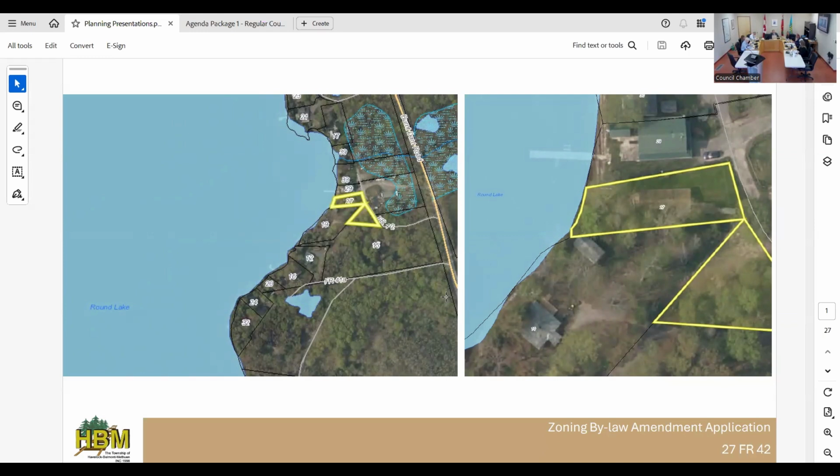This is a statutory public meeting held under section 39 of the Planning Act. Any person may attend the public meeting and make verbal or written representation either in support of or in opposition to the proposed zoning bylaw amendment. Please keep your video off and microphone muted during the meeting until the chair invites comments regarding the planning matter. If a person or public body does not make an oral submission at the public meeting or make a written submission to the Township of Havelock-Belmont-Methuen before the proposed zoning bylaw amendment is passed,